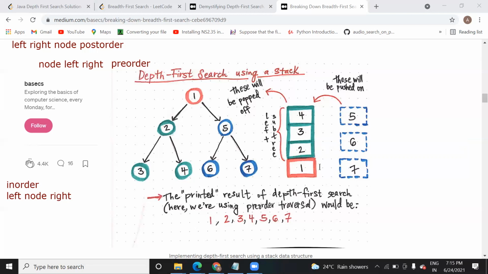Do you understand? Now here you have 1, then you will pop 2. Once you pop 2, you will get 3 and 4. Once you pop 3, then there is no element, so you will pop 4. So you will get this 1, 2, 3, 4, 5, 6, 7. What do you mean by this? This is called a traversing of the data over this graph.